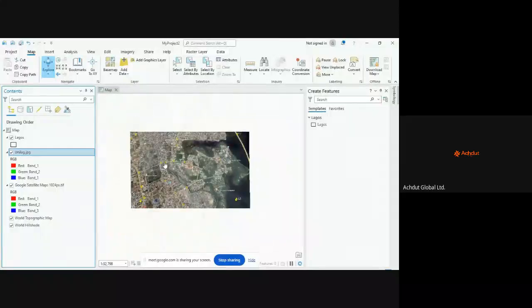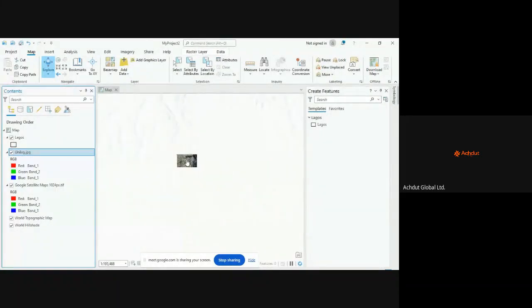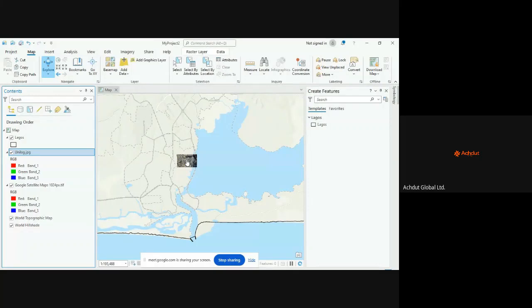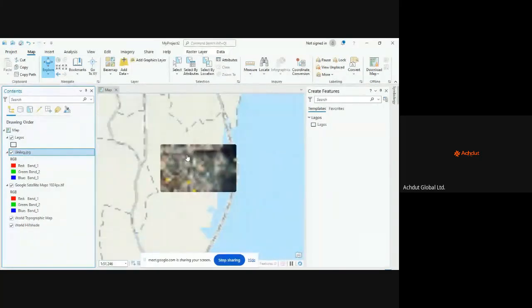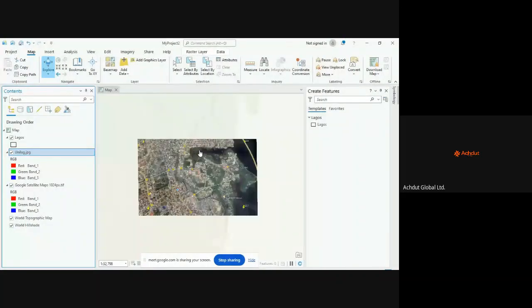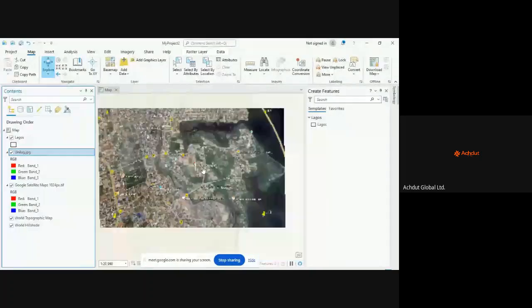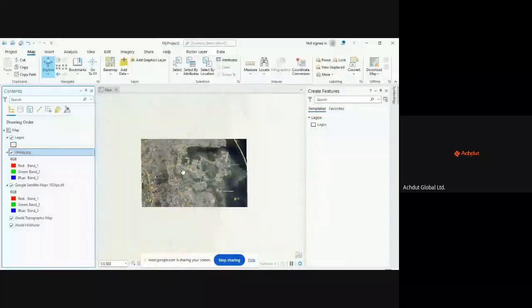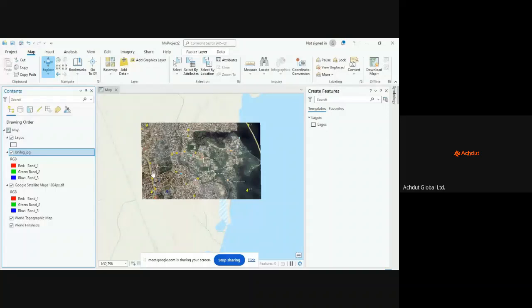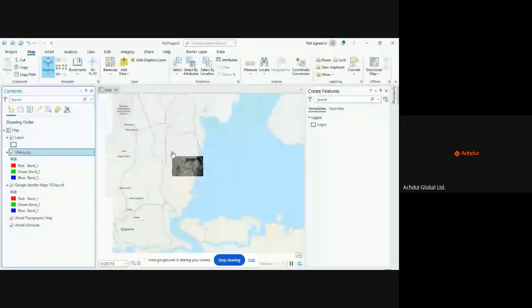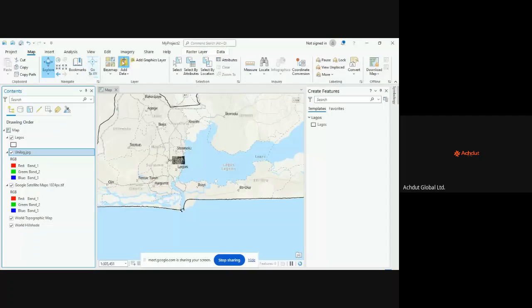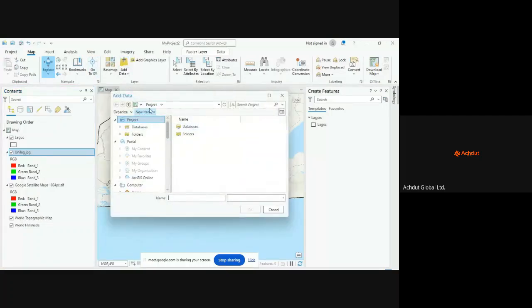Okay, so this is the image we were using, and it's just a small portion of Lagos. I wanted us to clip out an area in here, but obviously we can't do that with this. So basically, you add your data. Let me still check if I have